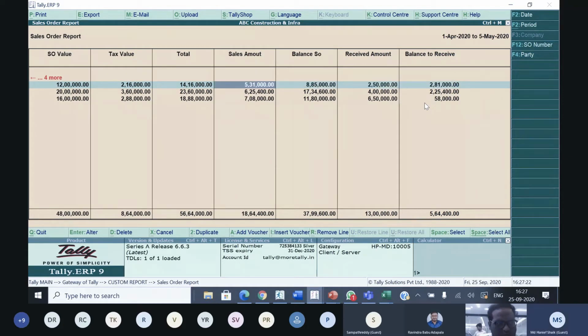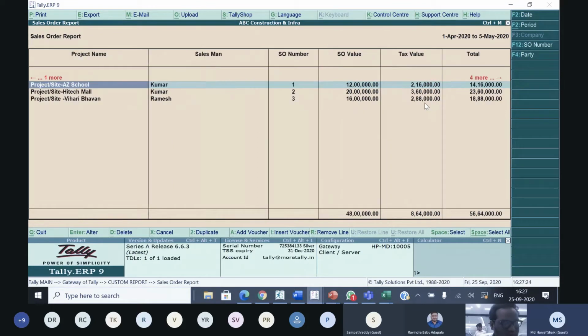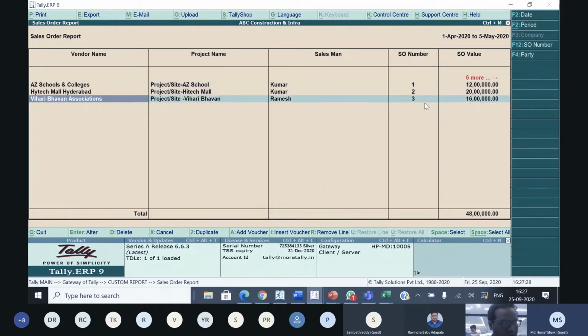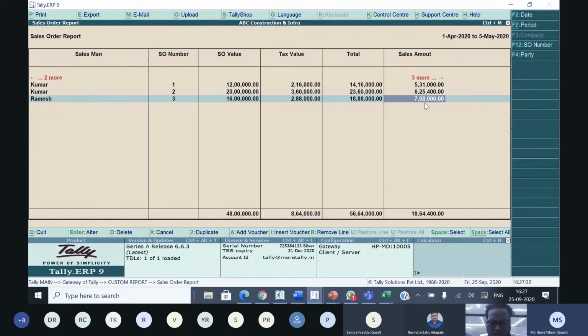This report will give you a complete summary work order-wise and project-wise. And here we can filter party-wise, project-wise and work-order-wise also.